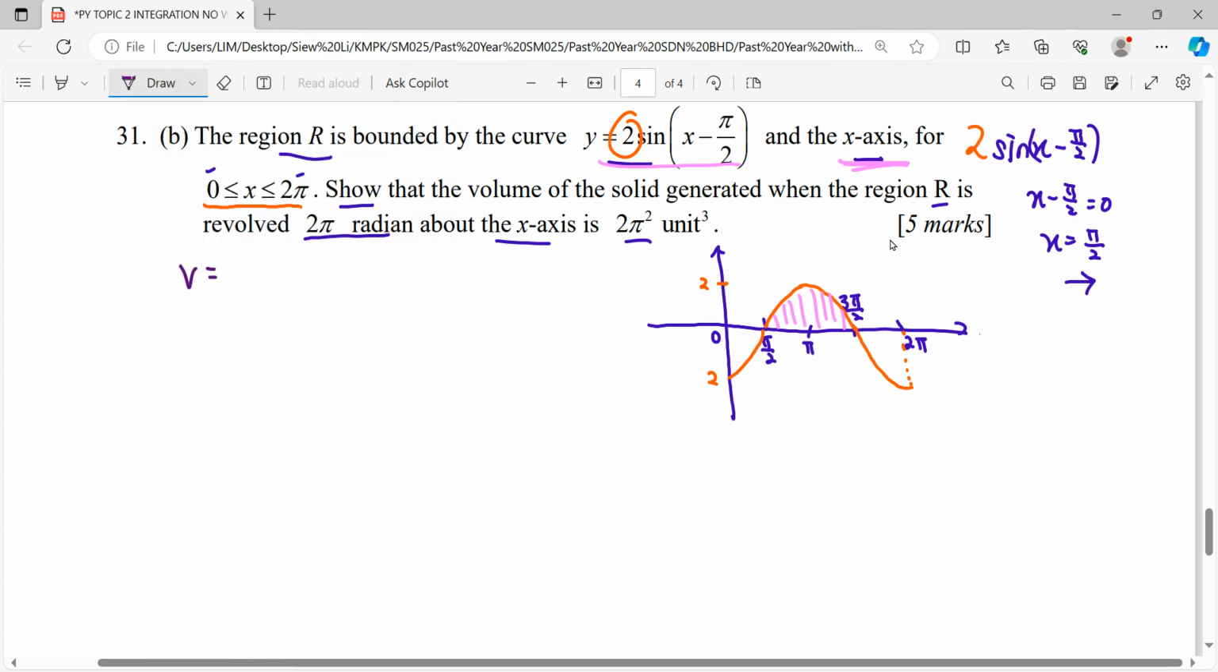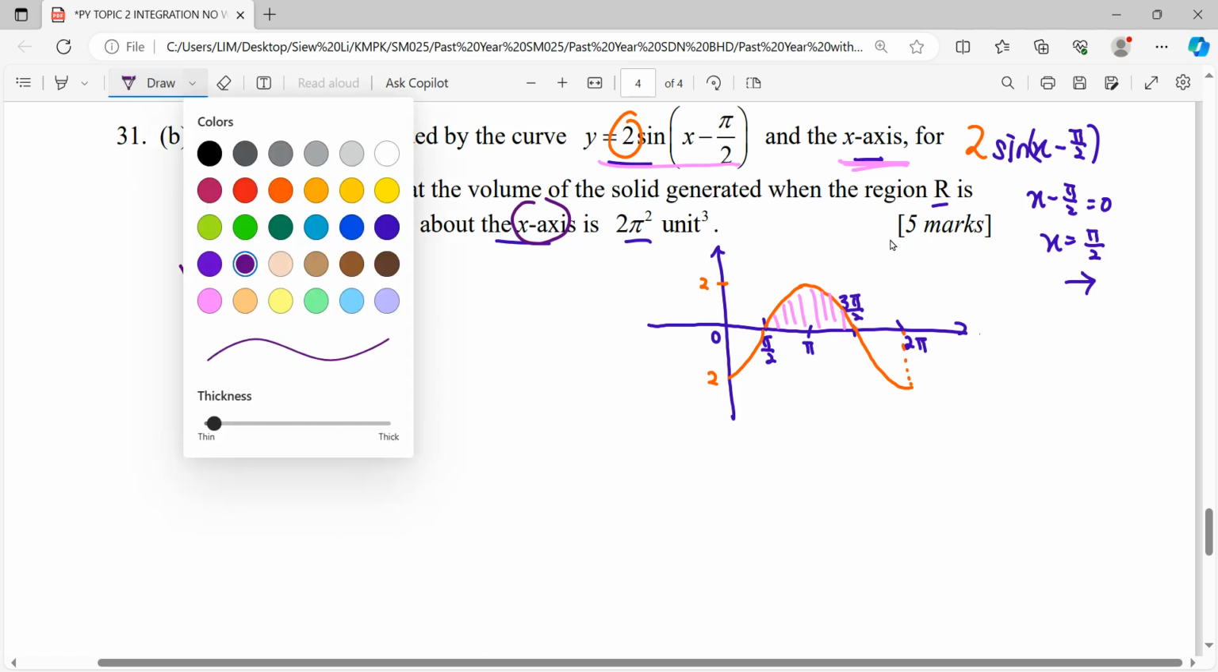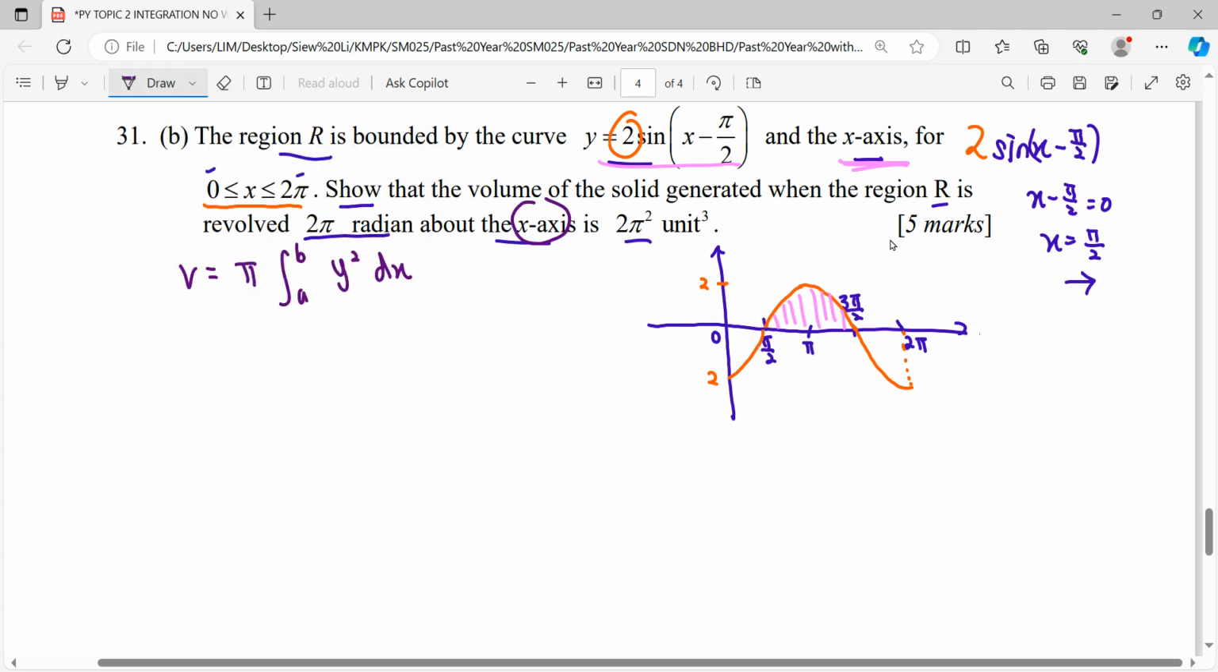Then we have to find out the volume. The formula of volume is pi, then lower limit, upper limit. If you rotate about the x-axis, it means you need y squared dx. So we have to find out what our y squared is. Since y is 2 sine of (x minus pi over 2),